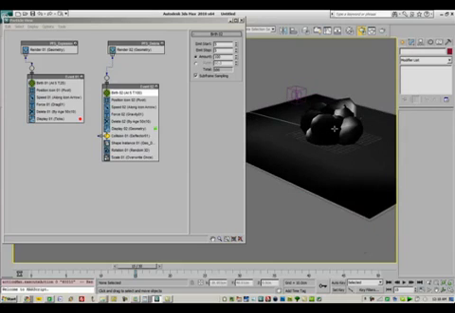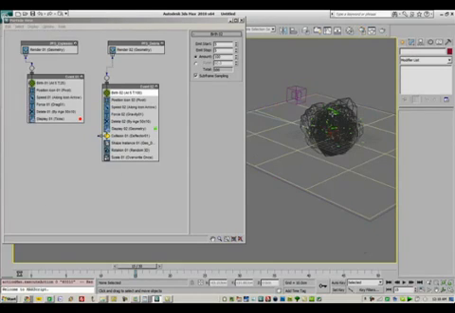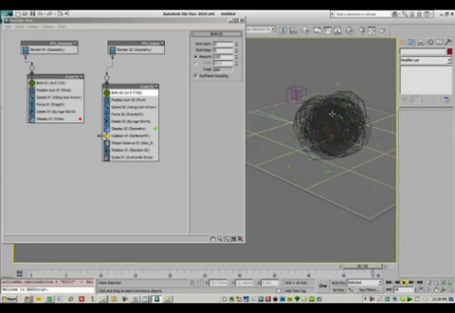Now if we look at this, we have debris shooting out of the explosion. The thing is also not